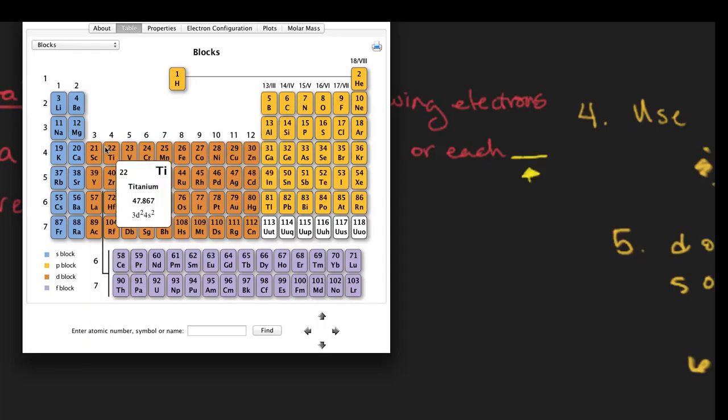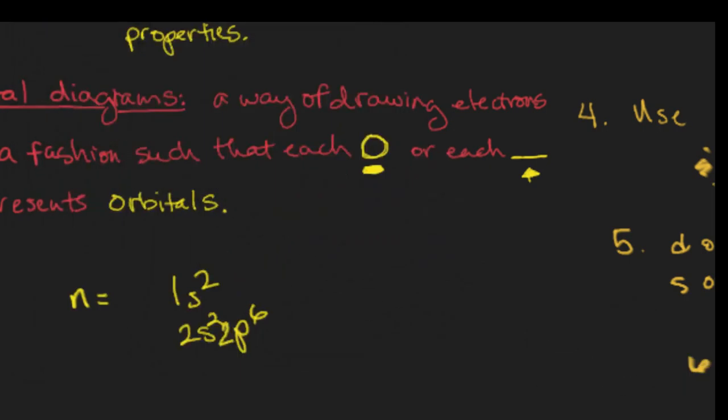Then we have the D block, the transition metals, and the F block. So color-coded in blue, S. This gold color here for P. And then we have the orangish rust copper color, D block, and then F is this purple color. All right, so with that knowledge